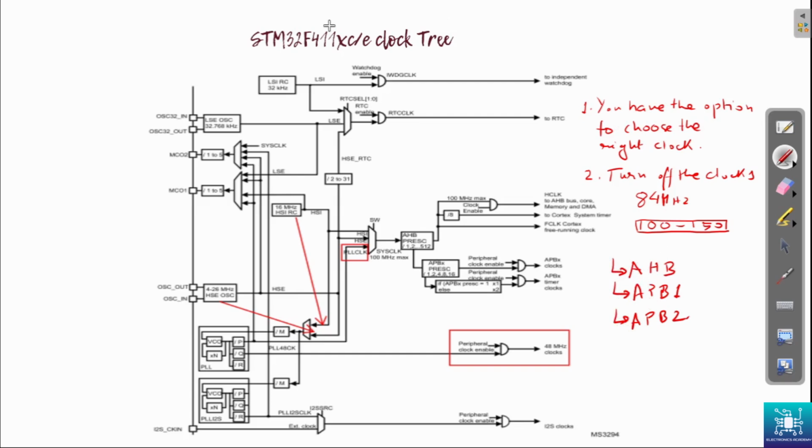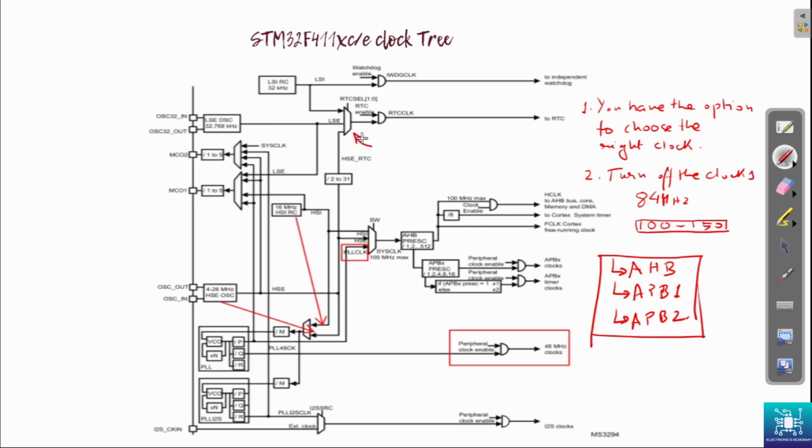And once we understand this diagram, we will know what is really going on and how the clock is distributed between the different buses. A few things that you need to immediately understand to better translate what is going on in the clock tree is